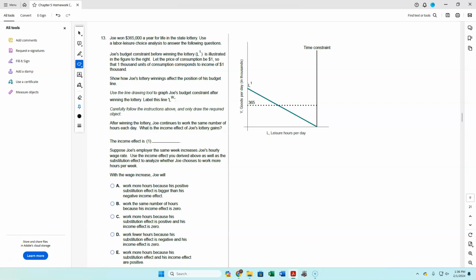Pause here for a second. Okay, Joe is going to get 365K. And this used to be his working leisure constraint. Price of consumption is $1. Okay, so we're asked here, we're going to need to draw out the budget constraint after winning the lottery. Essentially, what that would do